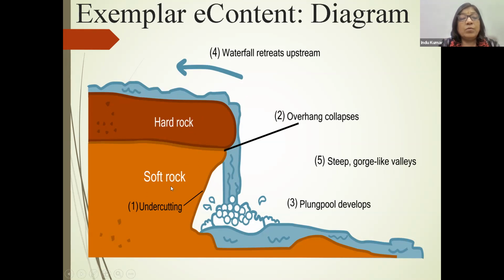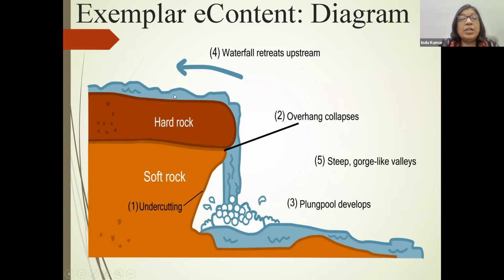Then there is a soft rock, labeled as undercutting. When water flows over the soft rock, because it is soft, undercutting is faster than on the hard rock. Over a period of time, an overhang or a platform made of hard rock develops, because the soft rock gets undercut or decayed.